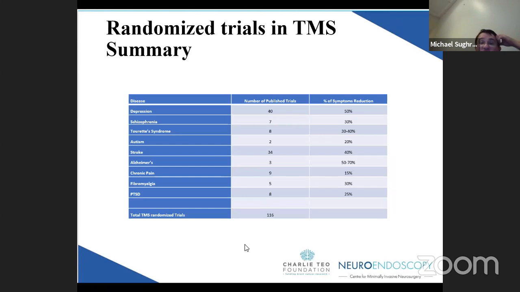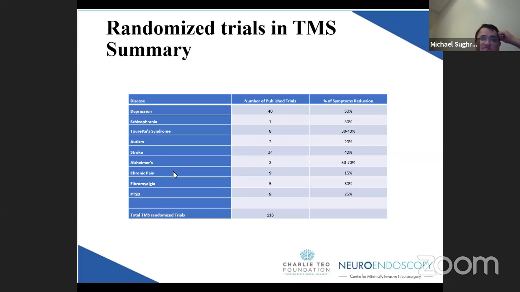This is the amount of class 1 evidence in randomized sham-controlled trials of TMS for different diseases showing benefit. These are the levels that have a meta-analysis. There's 116 trials for depression, and now OCD. It's an FDA-approved treatment, and we know that the side effect profile of this is minimal. There's a tiny risk of a seizure. Otherwise, it never really makes people worse. And we also know from scientific data that it has the ability, done correctly, to induce brain plasticity changes that